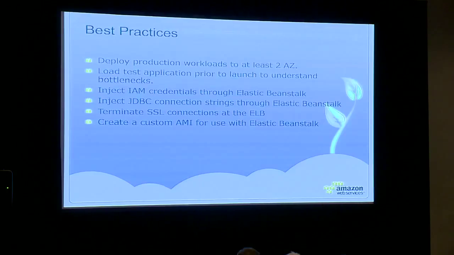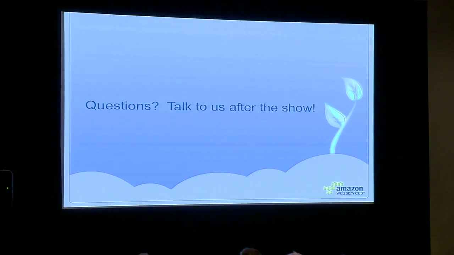The ease with which you can deploy an application across multiple availability zones is very, very easy to do. We saw that. We had another instance launch and another load balancer. Once that health check file gets propagated, those will both be live and able to serve traffic. So you might also want to consider terminating SSL connections at the ELB to take load off your applications. And also, depending on the nature of your application, perhaps create a custom AMI if there are specific configuration environments that you've got. So if there are any questions or you want to see that final health check file up there,